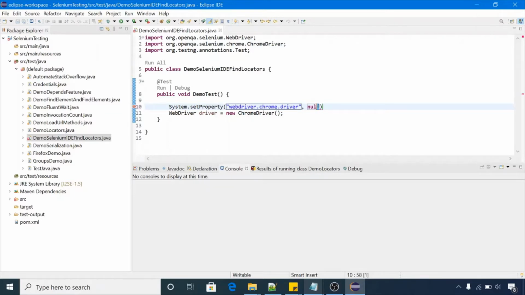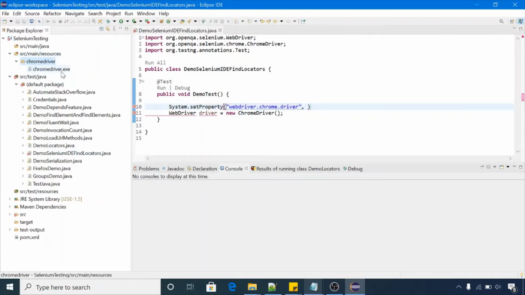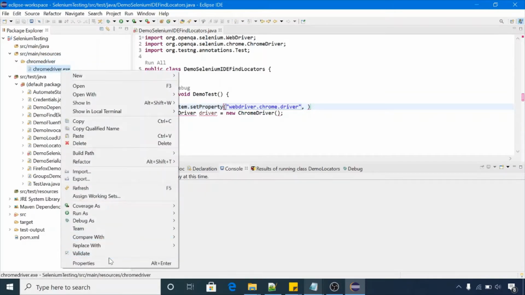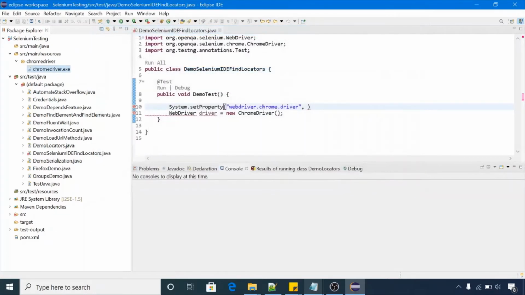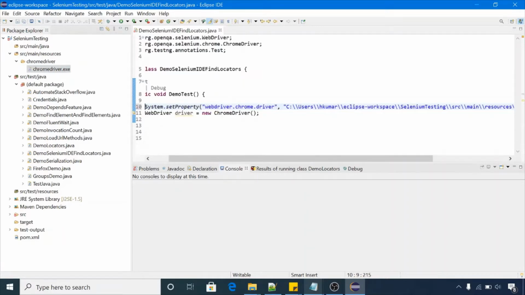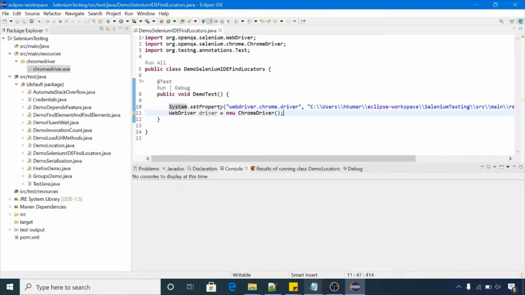In this you need to pass the path of the chromedriver.exe file that is in my resources folder. Let me copy the path. Right click, properties, copy this file path, and put a semicolon here, and in double quotes paste this path. Now we are able to launch the Chrome browser.